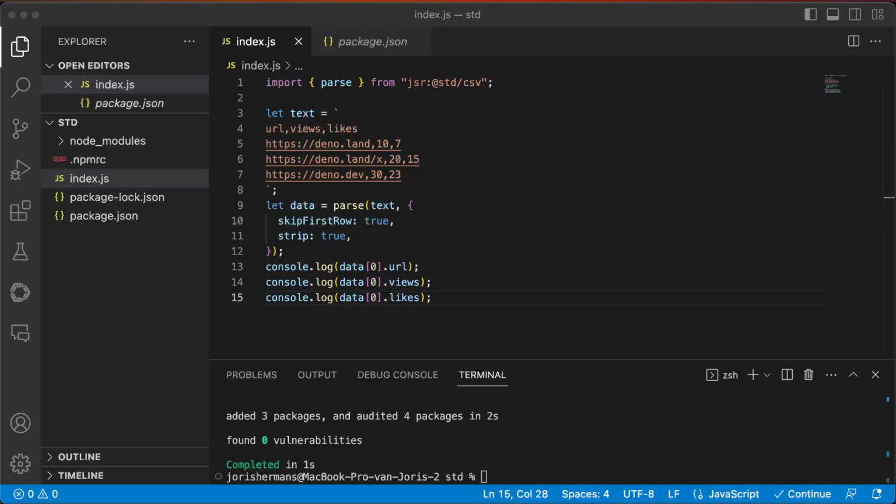So here we are. We have a parse from @std/csv, our standard library of Deno. We have some text, which is the CSV. The first row are the headers: the URL, the views, and the likes. And we say to the parse method that we want to skip the first row because these are the headers, right? And we want to strip. And if we execute this one and do node dot, right,